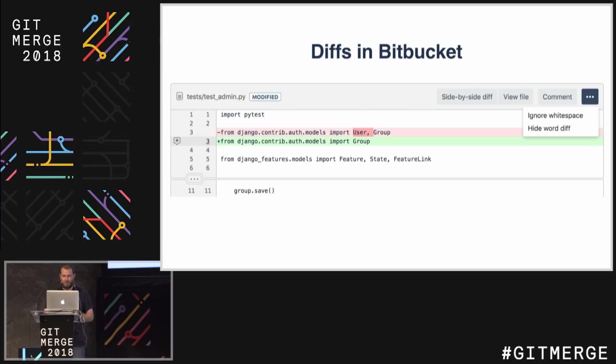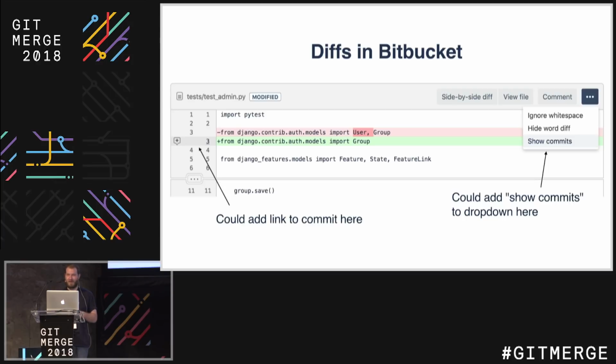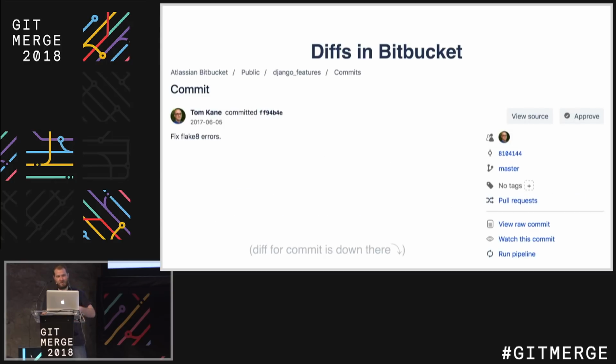And I think it would be cool if we could add a show commits item to the drop-down menu, like that. And this isn't like a product announcement or anything. I'm not promising anything. I just think it'd be cool to have the ability to show the commits that are associated with the changes that I'm looking at. And if we're being really ambitious, we could put those commits right in line with those changes, like that. Just have a link straight from, oh, this change is in this commit. And that link would, of course, just take you to the commit page,